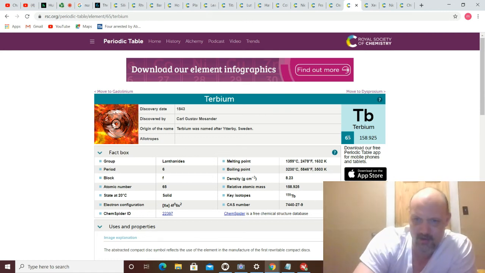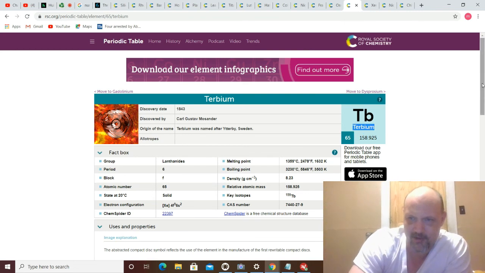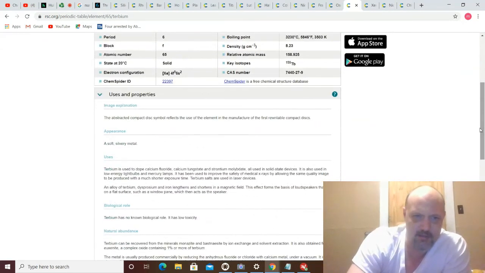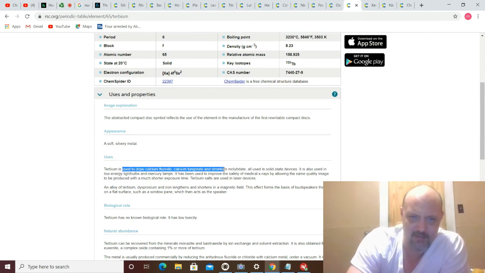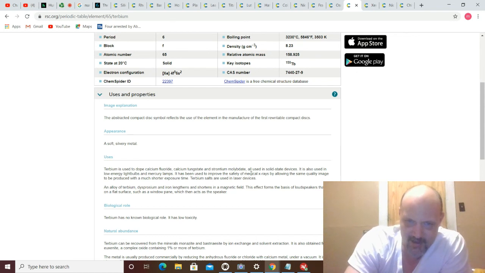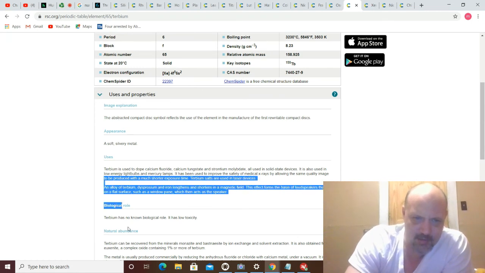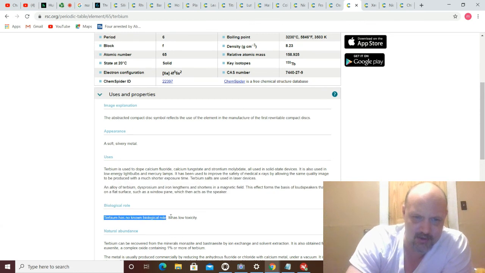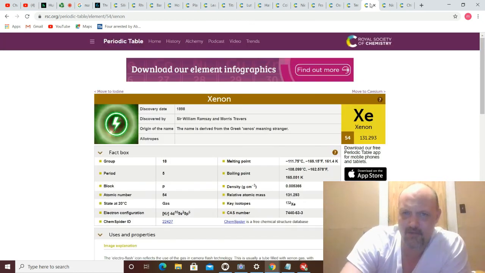Terbium. Atomic number 65, terbium. Periodic table, again. A soft silvery metal. It's used to dope calcium fluoride and strontium molybdate, all used in solid state devices. And so it's got some more uses, but there's no known biological role, low toxicity. If you move on from that, you have